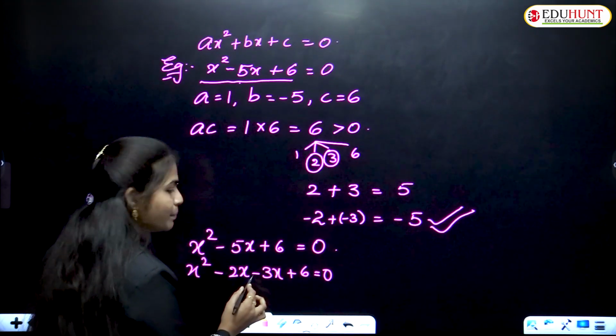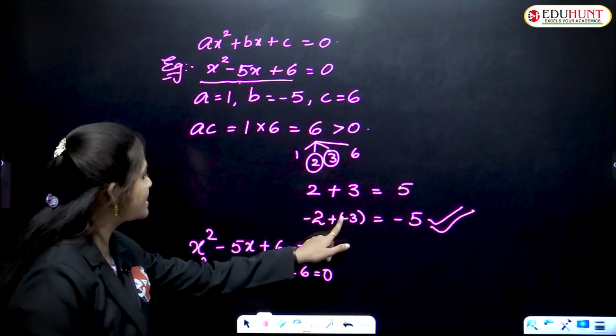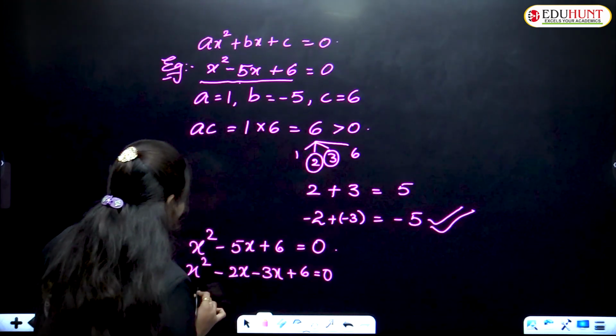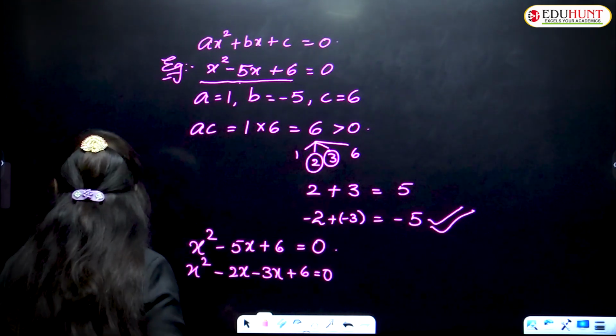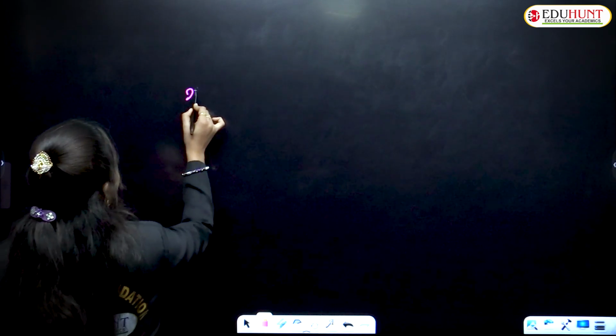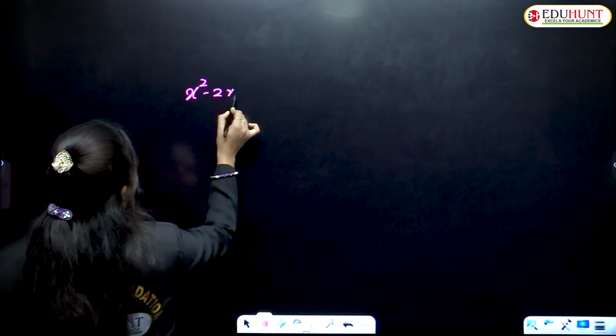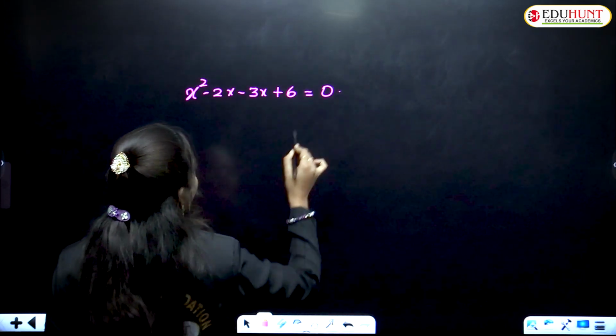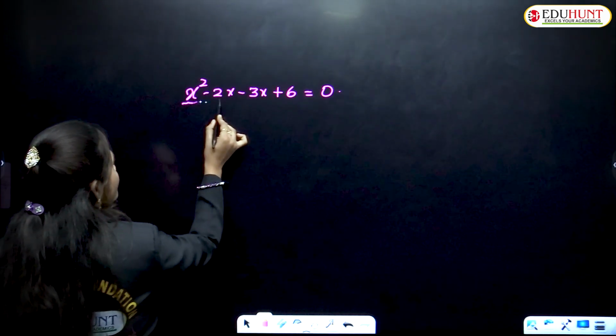Why? Because here, madam, plus you didn't write. Why? Because a plus into minus is equal to minus. Understand? So that's why. So from this one, x square minus 2x minus 3x plus 6 is equal to 0. We got it, no? So from that first two terms,